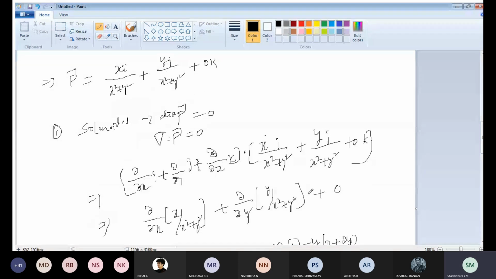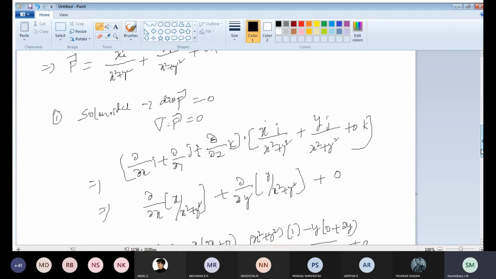So how you did for finding dot product or divergence, like that only you have to simplify. But you have to remember, solenoidal is nothing but dot product, divergence, and irrotational is nothing but cross product, curl. So as usual, same procedure, let us simplify. We have to prove that del dot vector f equal to 0. So this is the value of del, and this is the given vector f. Then multiply the corresponding elements of the dot product, like i coefficient, j coefficient, and k coefficient, and differentiate.